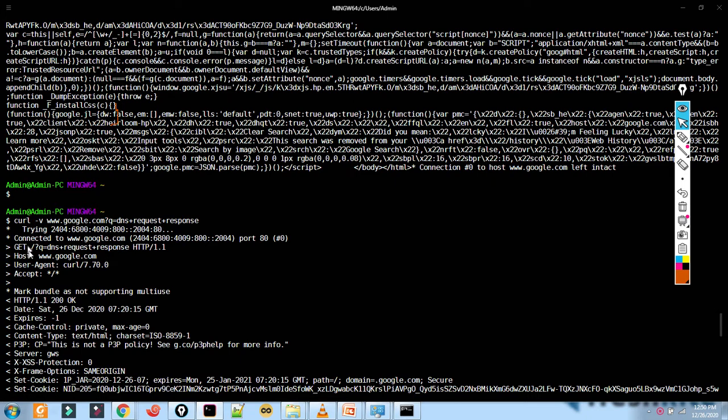This is the request part. This part is the request. This is the request header, and here this is the method, and this is the parameter going: q equal to, query equal to DNS. And this is the HTTP version. And you are getting the response. We will come to the response later. And this is the user agent. Here you are sending the request using curl. There you are sending the request using your Chrome browser. And you are getting the response. We will analyze the response.